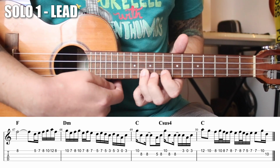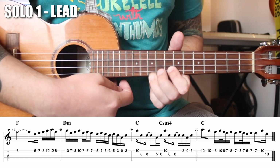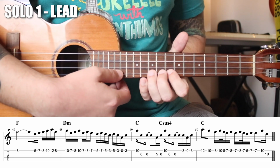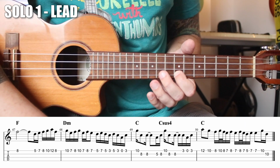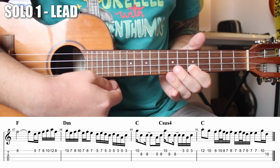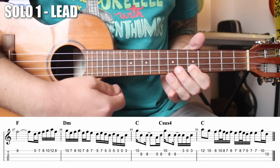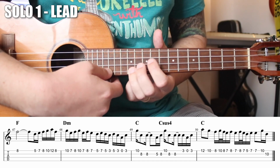From there, you're going to go 8. You're going to go 8, and that 10 to 8 is a pull to that 7, 8. The next one's 7, 8, 7, 5. And the last one's 7, 10, 10. So we get